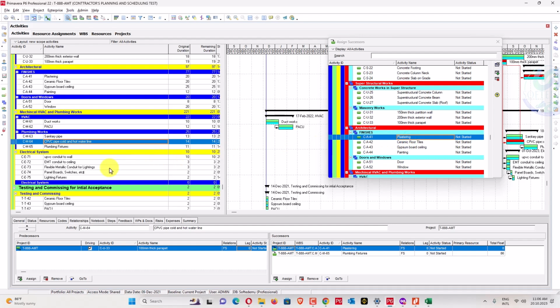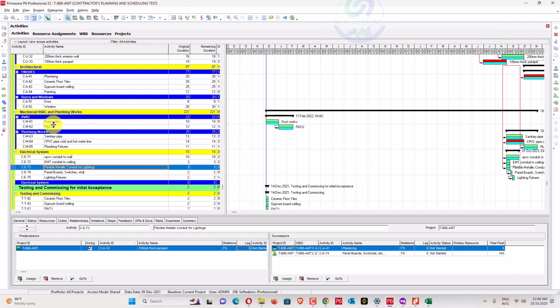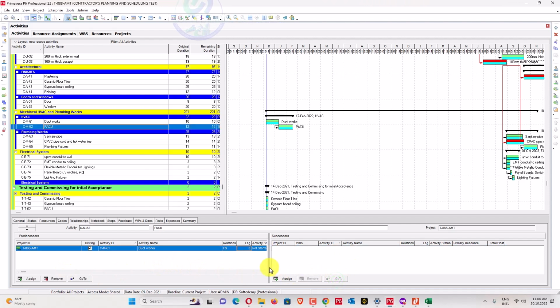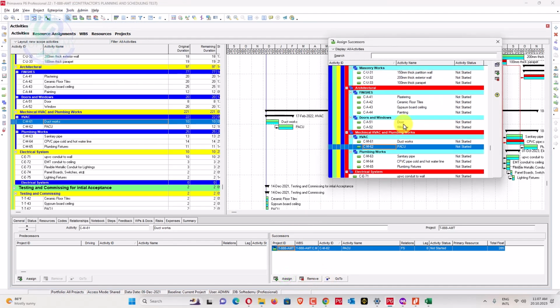Also, after switching, lighting, conduiting work, you can perform your plastering work. And this PACU ducting work, ceiling work, it's connected with that one. You can go here to ducting work, and it should be assigned with your ceiling work.